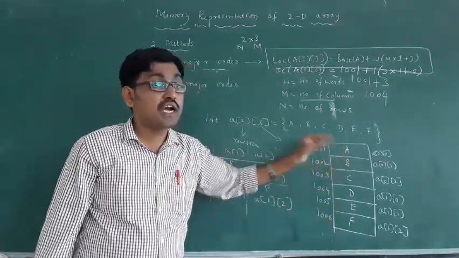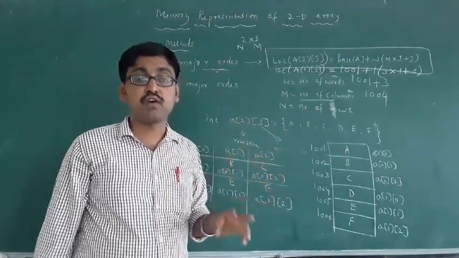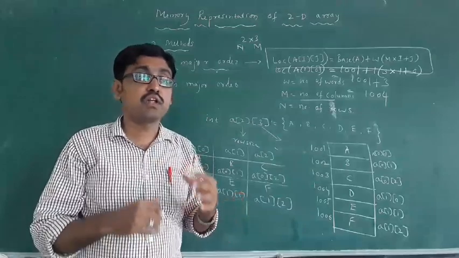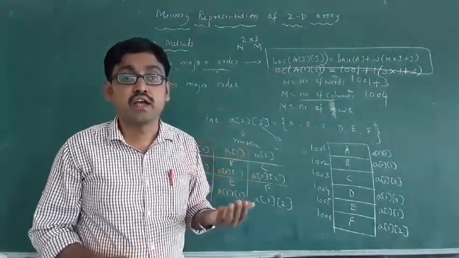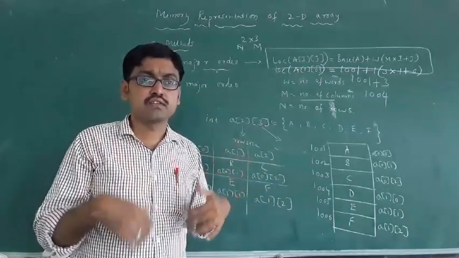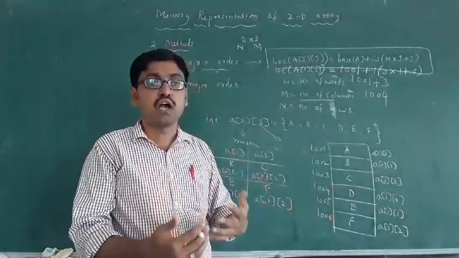I want to know the addresses, which are always in binary form. Okay, binary form, but we can't see. Automatically, when you store anything in the computer, the address will be created. I want to know which address, for example C, in which address it will be stored. I want to see that.